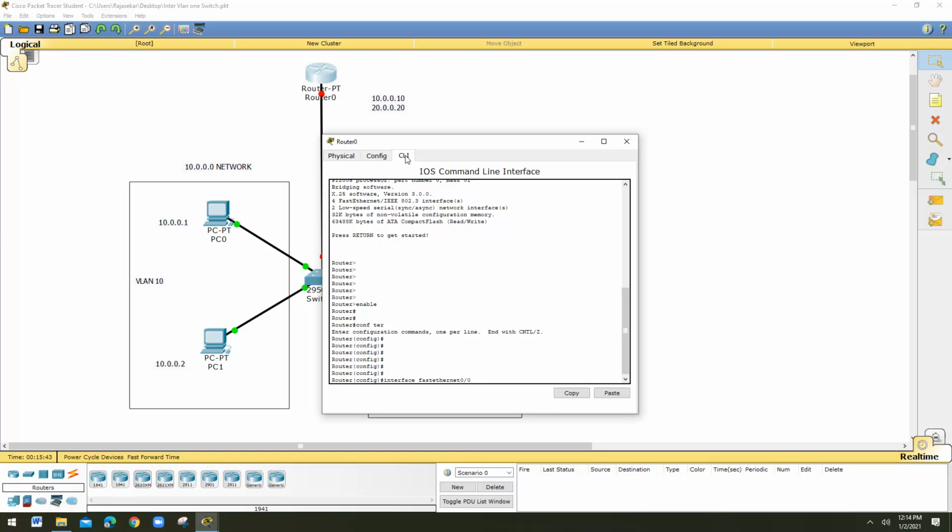Now, FastEthernet 0/0. Let me give .10. So FastEthernet 0/0.10. Once I give .10, you can see config-subif, so we are now inside the sub-interface. The next step is you can give the IP address, but before giving the IP address, you have to